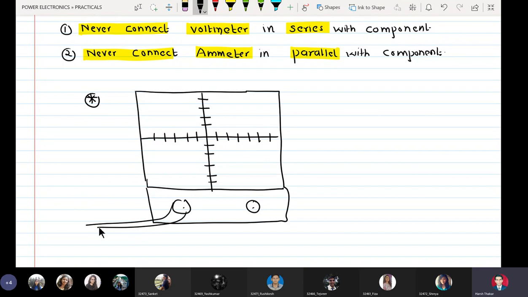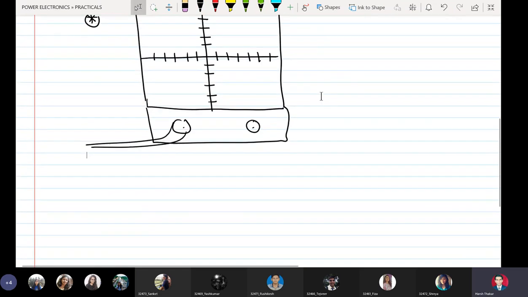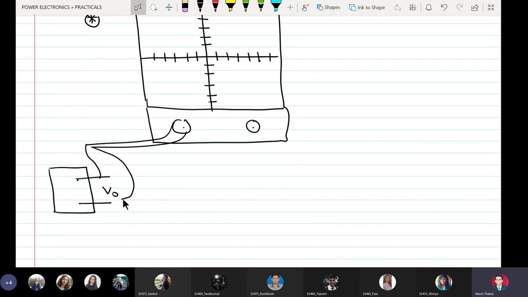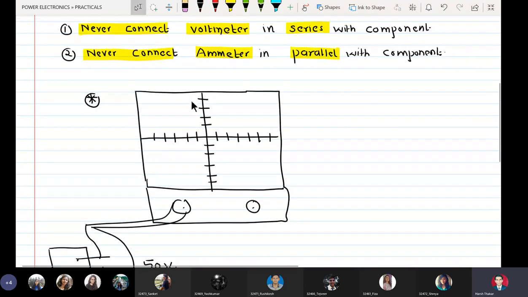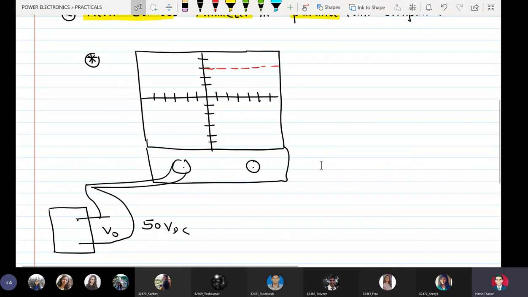Suppose using a BNC connector you have connected it, and this is the power electronics kit and you have the output voltage here and you connect it here. Now suppose this is 50 volt DC and you are not able to see anything here. What is expected is some kind of a DC level, but because the value of voltage is too high and it is not fitting on the screen, what you do is use something called the volts per division knob.